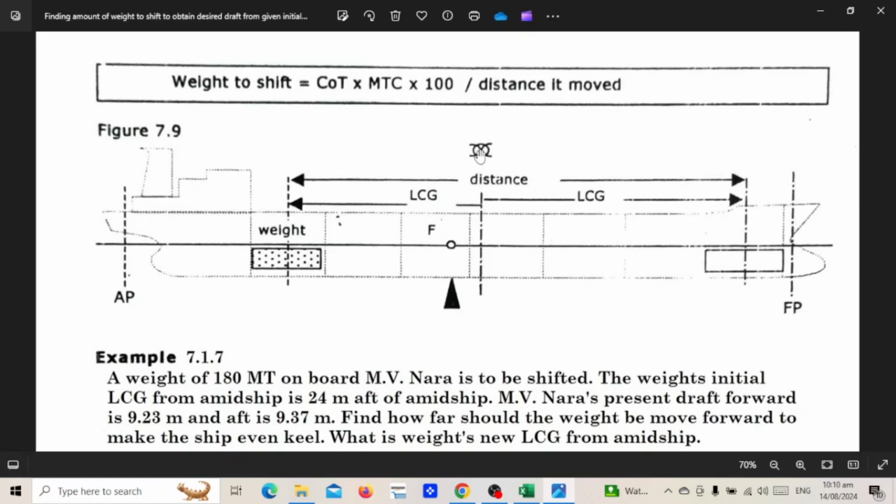Now, he has already surpassed the amidship. So on this portion of the vessel moving forward, the sign here is negative, while on the aft part, the sign here is positive. Okay, so since you have already passed the amidship of the vessel, it will be negative sign here. Since he is 4 meters ahead of this amidship, so 4 meters will be negative. Okay, from here to here is negative 4, because 4 meters plus your 24 is 28. That is the new LCG of the new weight.